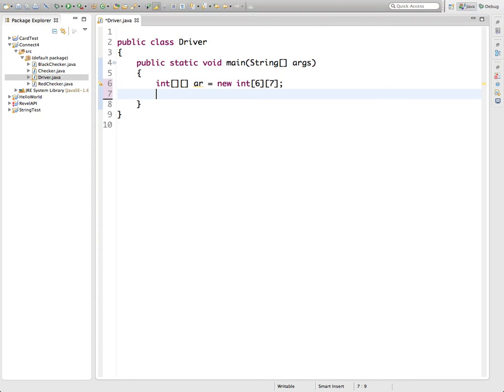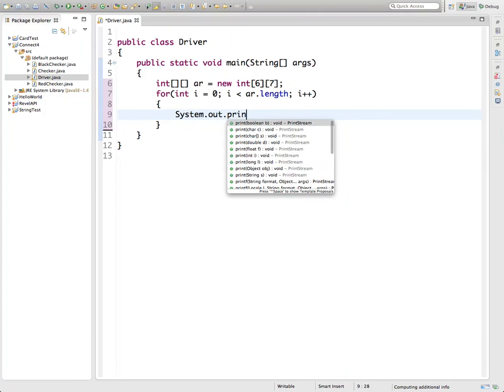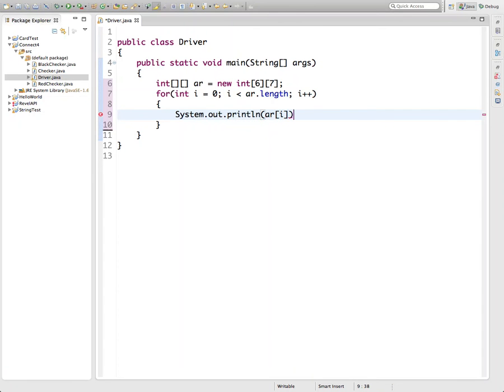Now, I'm going to spin through my array, and I'm going to do System.out.println AR at bucket I. Okay, now remember, I just said that a 2-dimensional array is actually an array of arrays. That is to say,